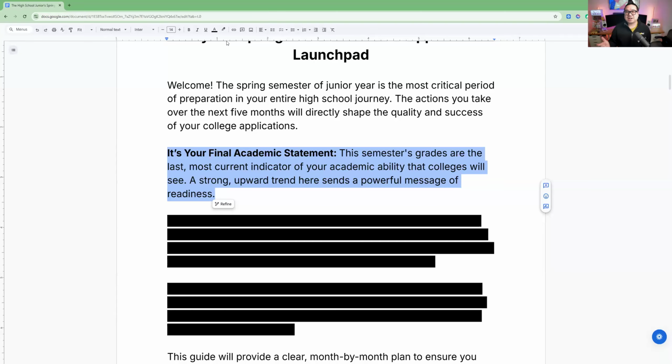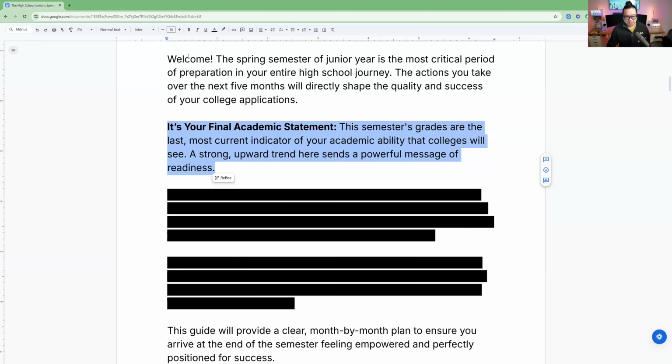A lot of the colleges, when they see your senior year, only see a planned schedule. They won't see your actual classes or the actual grades that you're going to get. They're going to see your planned classes. Of course, some schools may ask for a mid-semester grade, so they may see that, but most schools actually don't do that. So keep in mind your spring semester of junior year is pretty much one of the last few grades that they'll see. That's why it's really important.